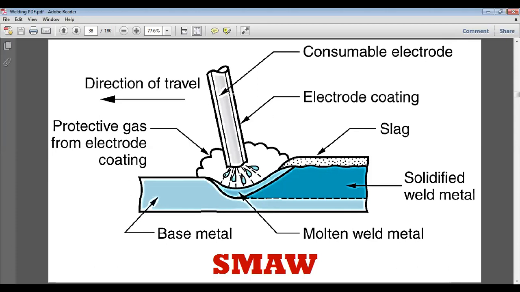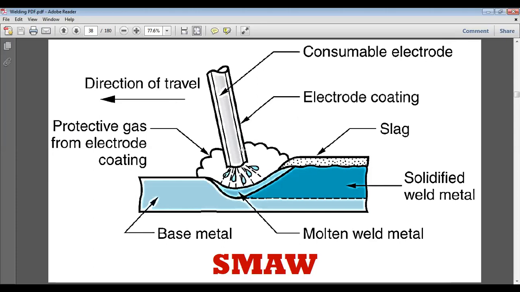The electrode is of consumable type, and it has a coating over it. This coating is responsible for protecting the weld pool from the environment. We can see here that the direction of weld is from right to left, and we will have to move the consumable electrode from right to left. An arc is first of all established. As soon as the arc is established between the electrode and the workpiece,